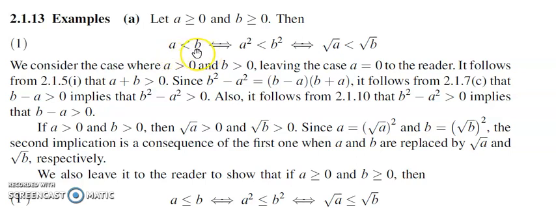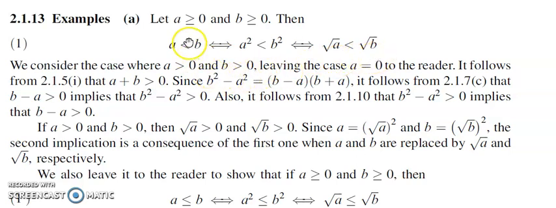So A less than B implies the square also preserves the same relation, and the square root also preserves the same relation. That is what we are going to prove. First we assume that A less than B, then we prove that A square less than B square. Then we assume that A square less than B square implies A less than B, and we prove the similar argument for square root of A and square root of B as well.